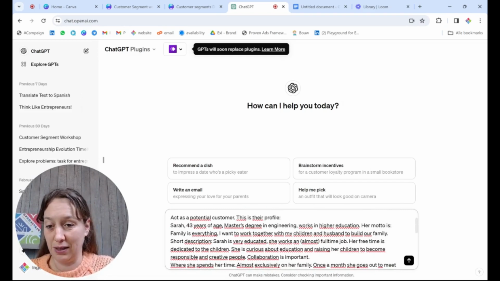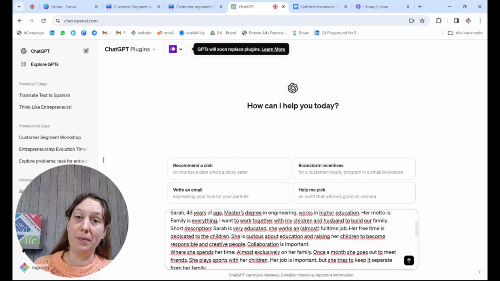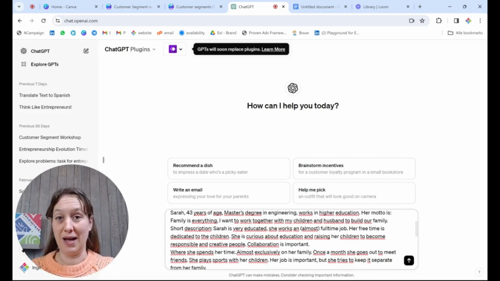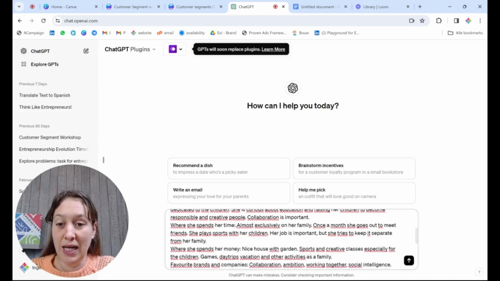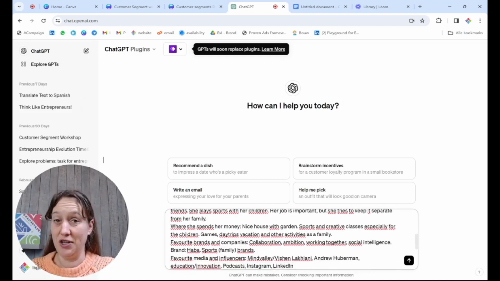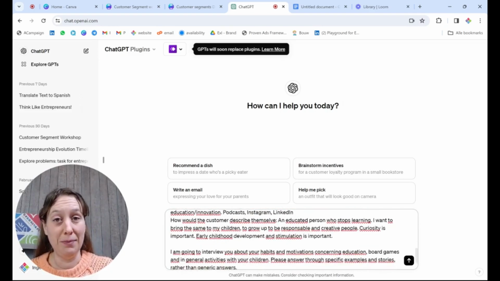This is their profile, which I literally copy pasted from what we did last time on the template of our buyer persona. It's about Sarah. She's a mother, and she likes to engage a lot with her children. It's very important to her to engage them in activities, and she likes personal development a lot.